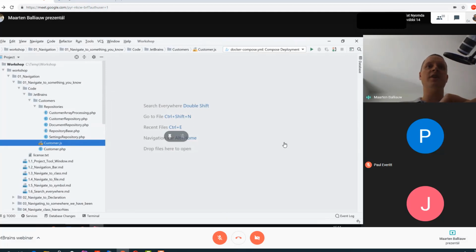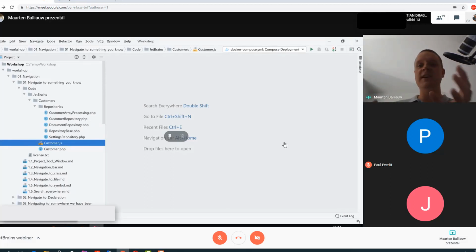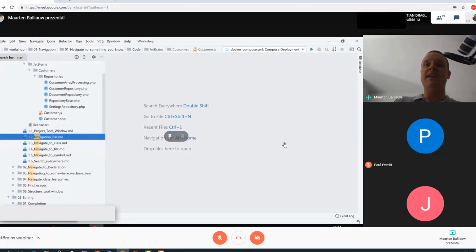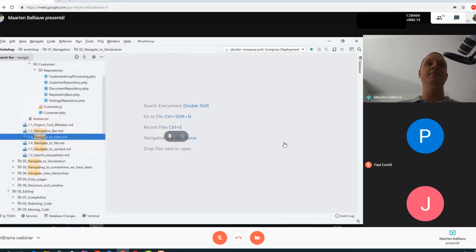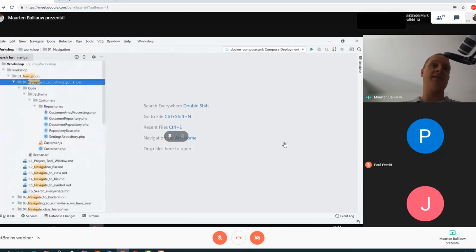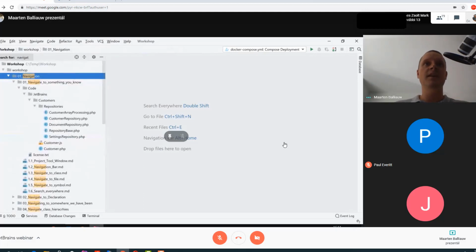So imagine you are searching for a specific file that you know is in this tree that you have open, and imagine you want to search for the word navigation bar, which would be in a couple of these files here. We can simply not use any shortcut, but just start typing navigation, and you will see that those things are highlighted, and we can jump between them and quickly navigate to some specific files that we have in the project view there.